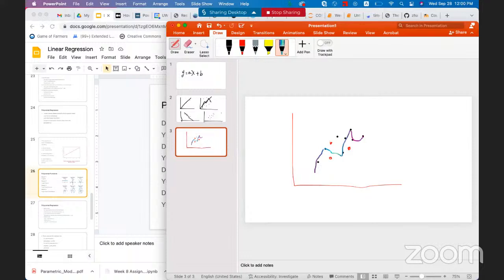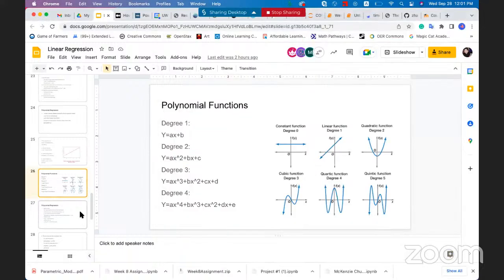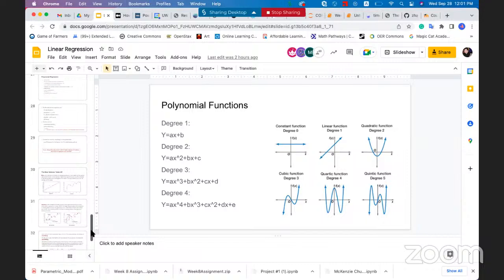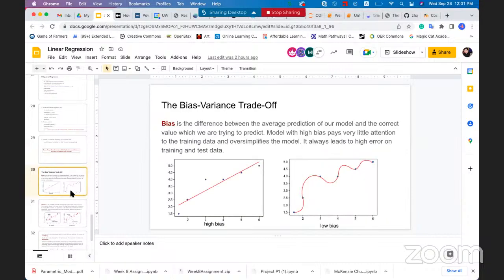However, if I use a lower degree model, actually, the distance of these testing data to the regression model is smaller than with the higher degree model I just used. So this is the concept of bias and